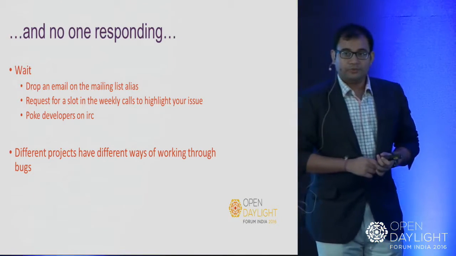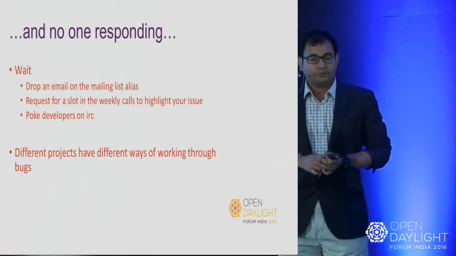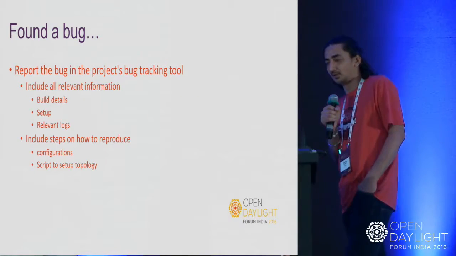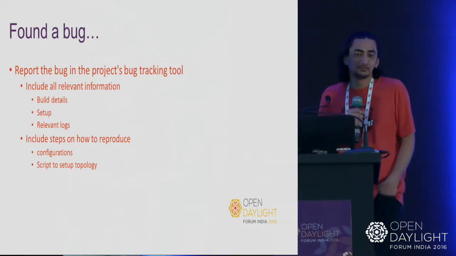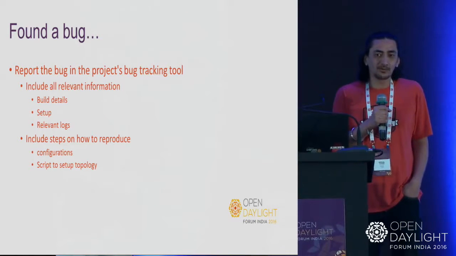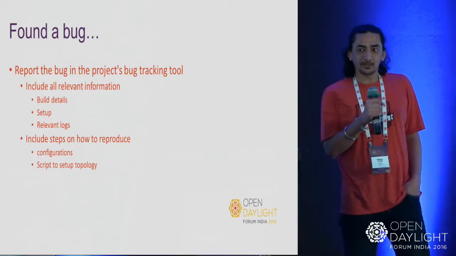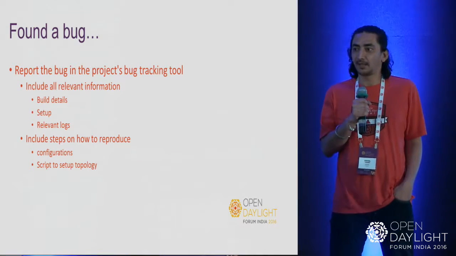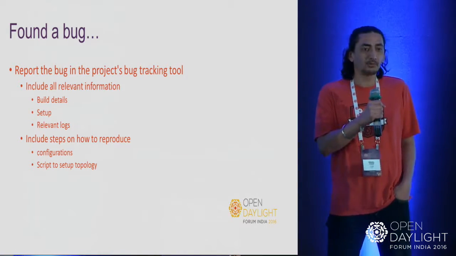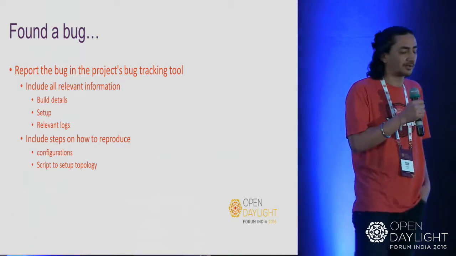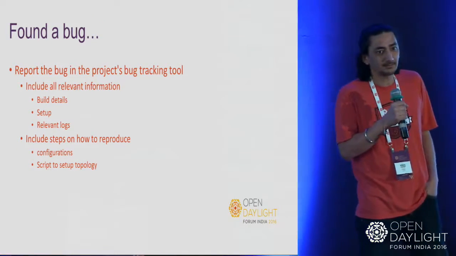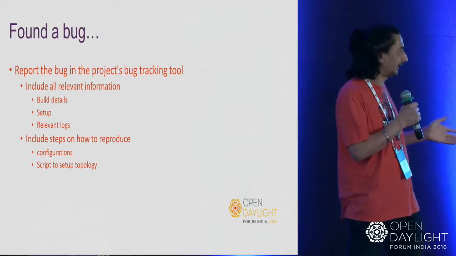You can contribute to the project. So what you can do, the first thing that you should always do, is if you find a bug, find out where to file that bug. Every open source project will have some means for bug tracking. I'm sure those of you who have worked in software, in your organizations, you would have some bug tracking mechanism. The same holds for every open source project.